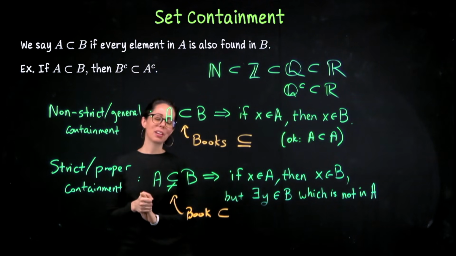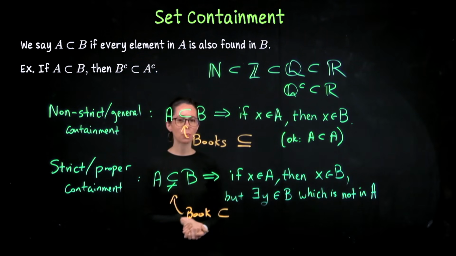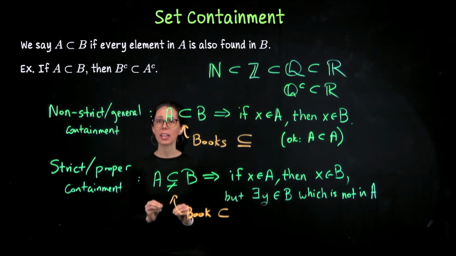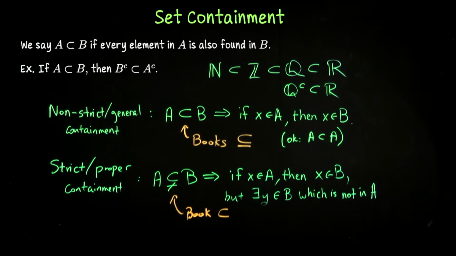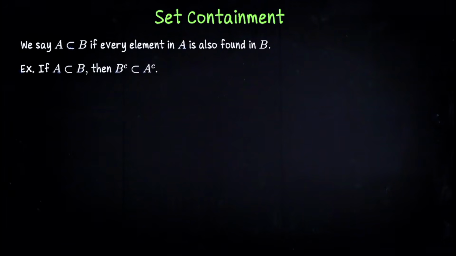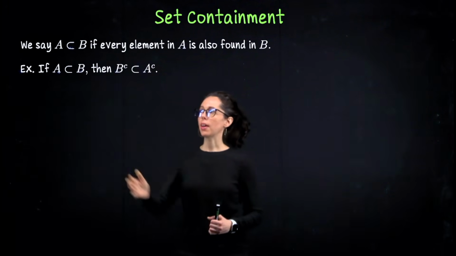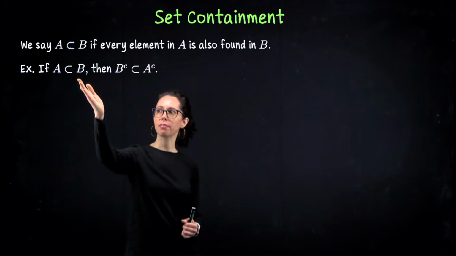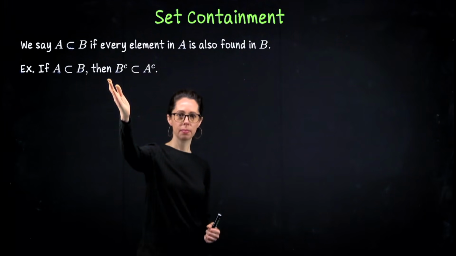Let me step aside, erase all of this, and then we will work through this exercise and just a couple others. These are pretty fast proofs, but it's important that you understand the mechanics of how to prove this kind of statement. Here's what we want to show with this statement. Given that the set A is a subset of B, we want to prove that B complement is a subset